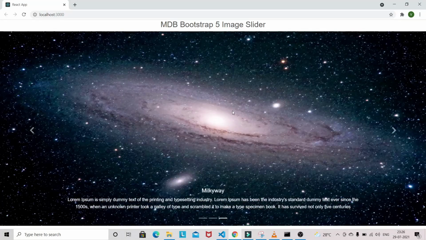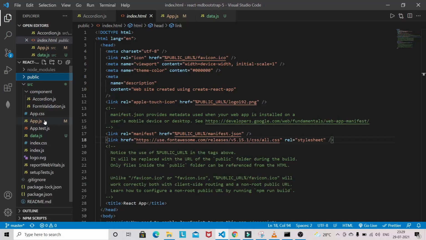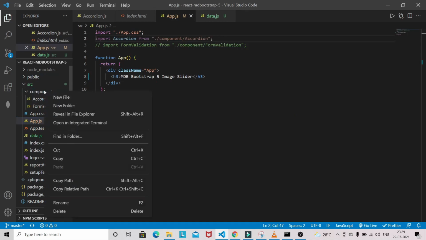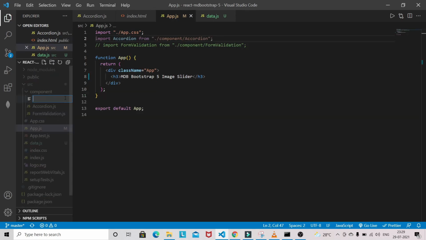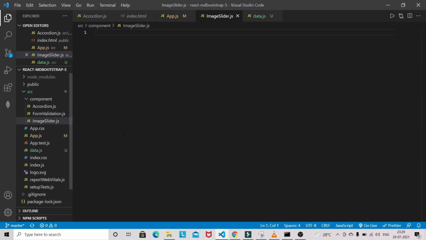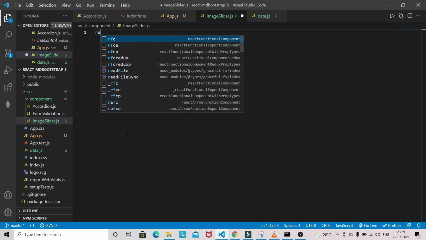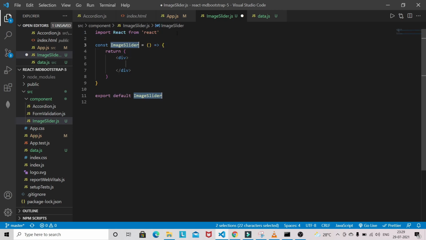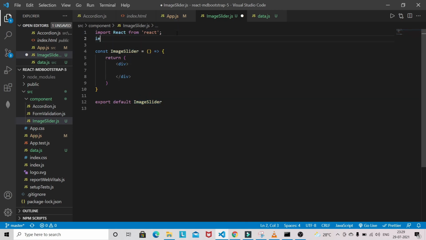So let's jump into Visual Studio Code and start writing this code. Let's create a file here. I will create a file with the name image slider, and here I am going to generate a React snippet, RAFCE, and some components we need from Material Design Bootstrap.